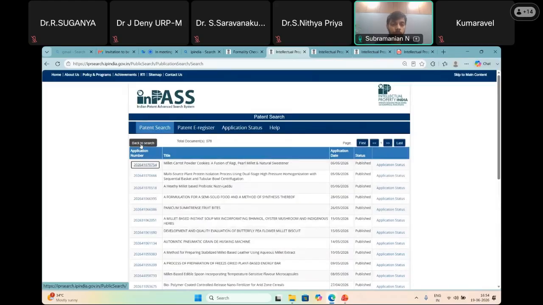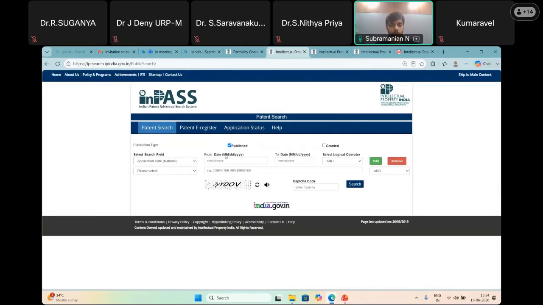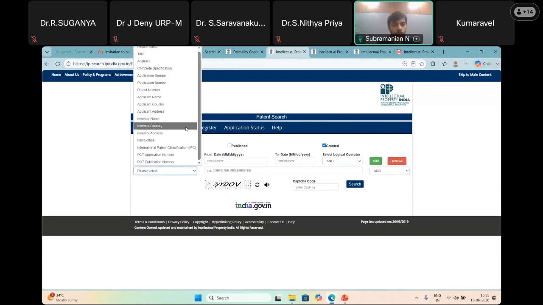Let's go for the same one. Here there are two options. One is published. Published means it is published in the patent journal. Another one is granted. Granted means the patent applications that have been granted. So now we can go with the same one